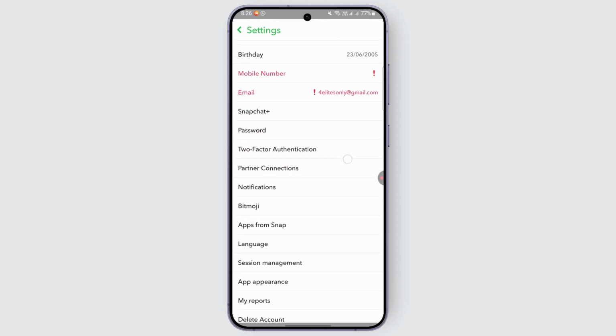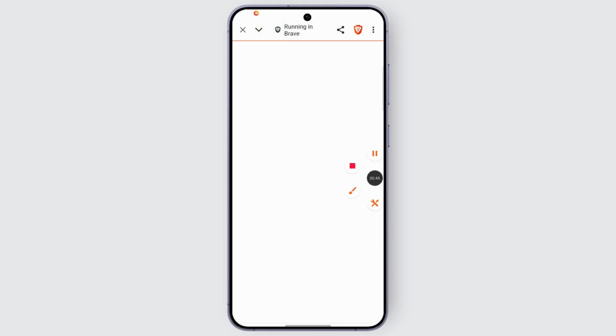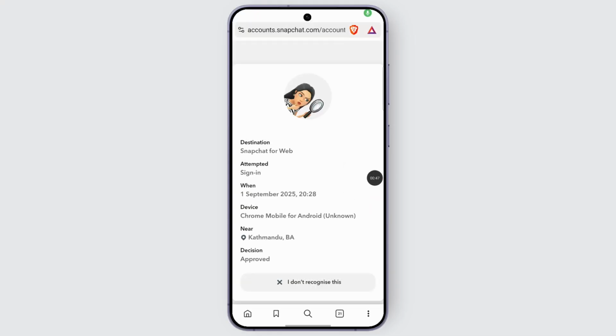Now from here, you may just go ahead and find the option called delete account. You can find it within your settings, find it and tap on it. And when you do, it will start the process. And then you will be directly taken to